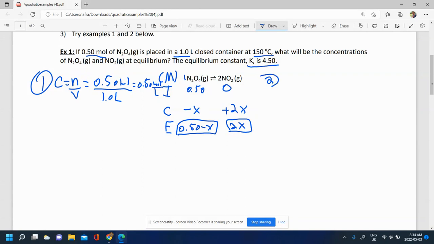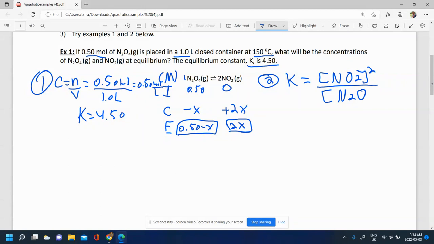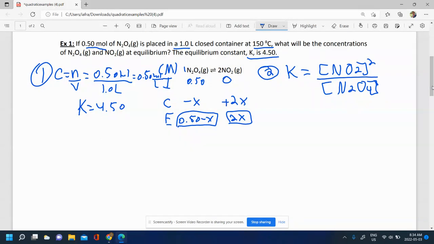So now we need to create an equilibrium expression. And remember, we have the K value given to us. K is equal to 4.50. So let's create a basic equilibrium expression first. K is equal to the concentration of NO2 squared, because of the 2, over the concentration of N2O4. No need to square it because there's just a coefficient of 1 there. And so that's our equilibrium expression. We can go ahead now and plug in the information from the question. So 4.50 is equal to 2x squared, because NO2 is 2x at equilibrium, over